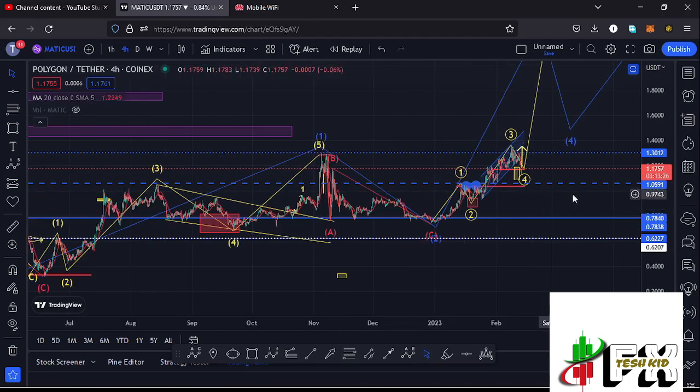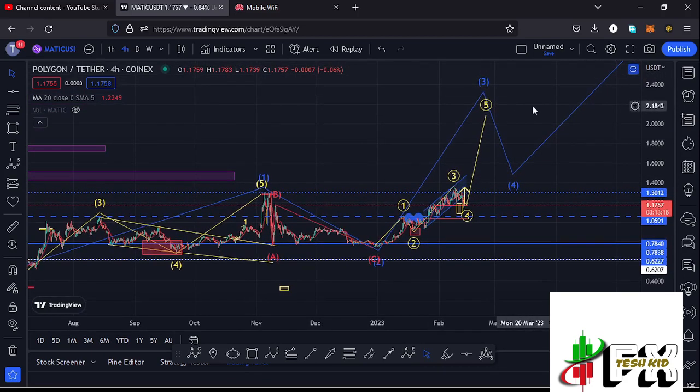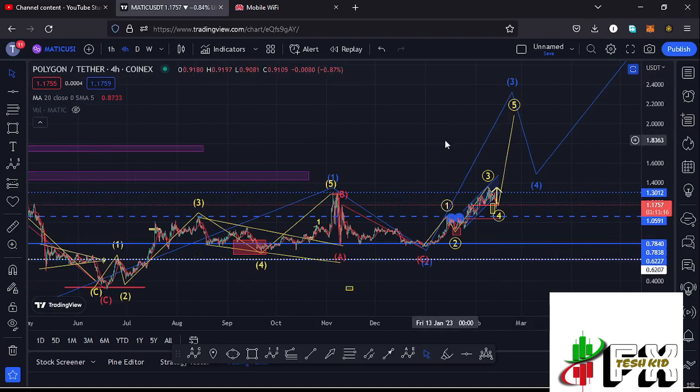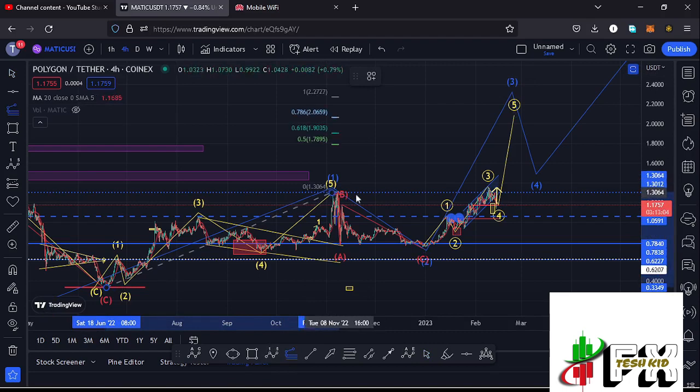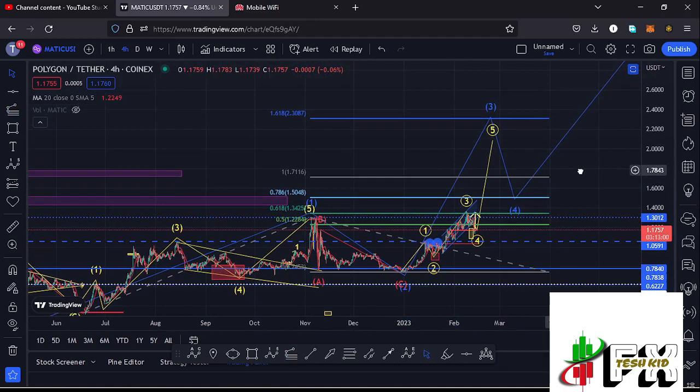And after seeing the formation of a larger Elliott wave count 2, whatever we expect next is a bounce to the upside in the formation of a larger Elliott wave count 3, and that is what I'm expecting here on the long-term scenarios, and sketching out a minimum target area to the upside in the formation of that wave 3 by connecting the trend-based Fibonacci from the low of the first wave to the high of that wave 1, then dragging the fibs to the low of the second wave. That gives me a minimum target area to the upside in the formation of that wave 3 at the fib level 1.618, and that is at around the